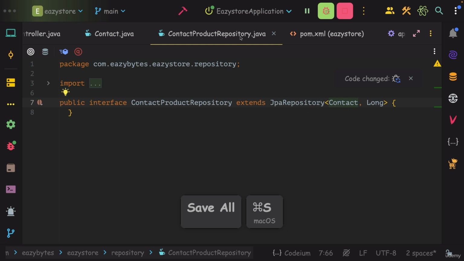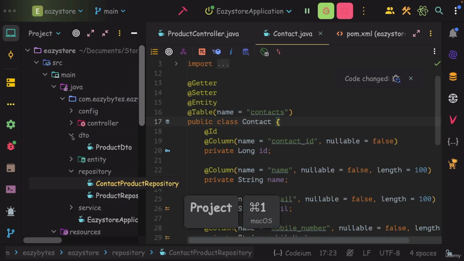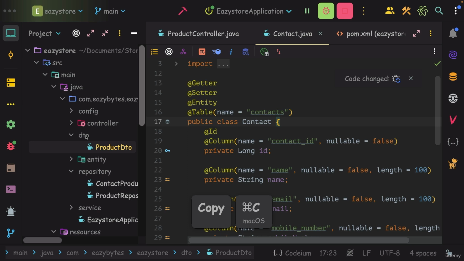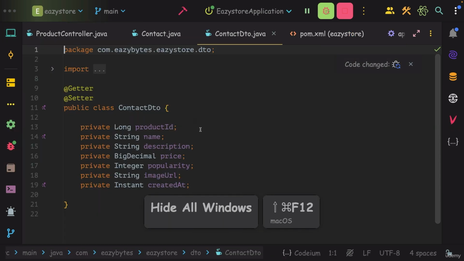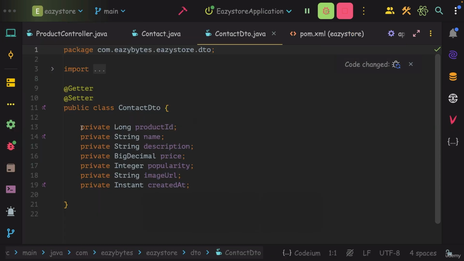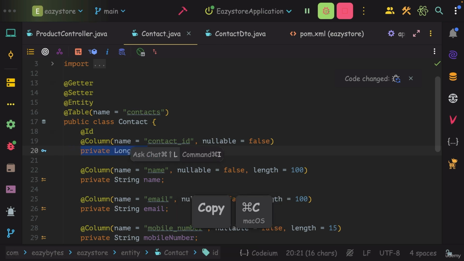After defining the repository and entity, as a next step, we should also create a DTO class. Let me go to the DTO package. Here we have the products DTO class. I'm going to copy the same again. Let me rename this to contact DTO and press OK. Here I have all the fields related to the products table, but instead I want to maintain the fields related to the contacts table. Let me go to the contact entity and I can try to copy all this information